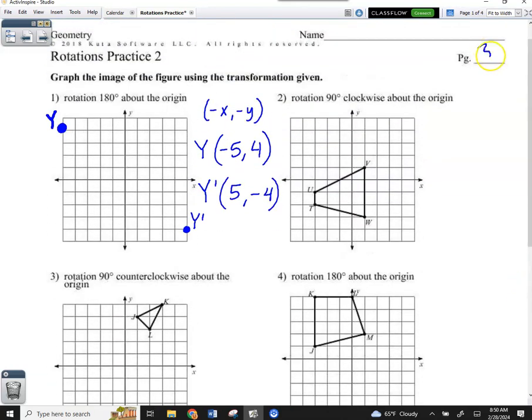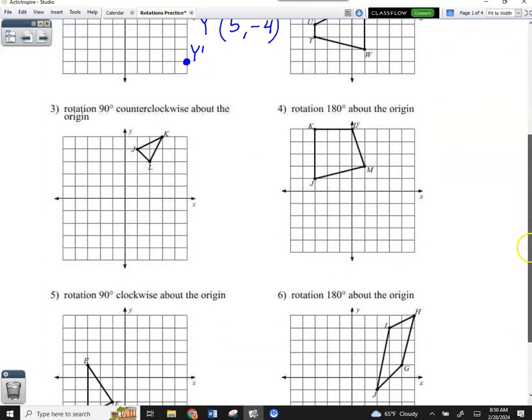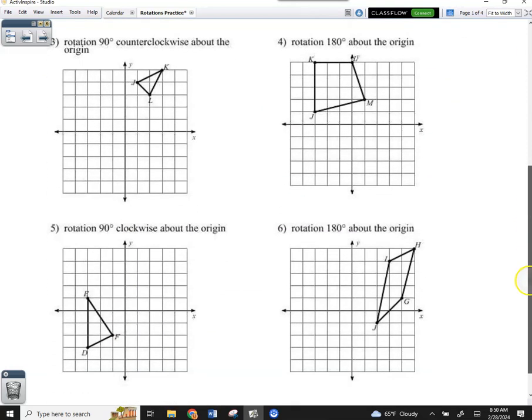What did we say? 37. Let me look and see if there's any. So let's do 1 through 6, and then let's come together, and then we'll go to the back and